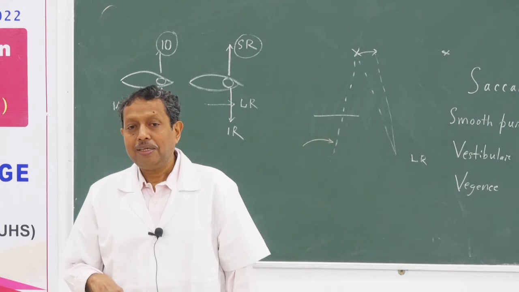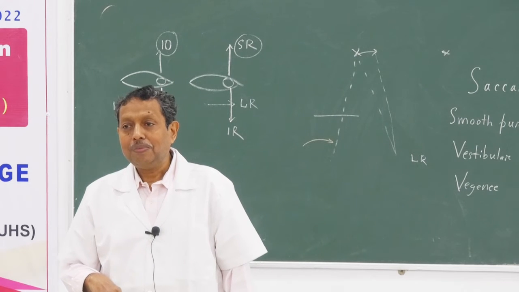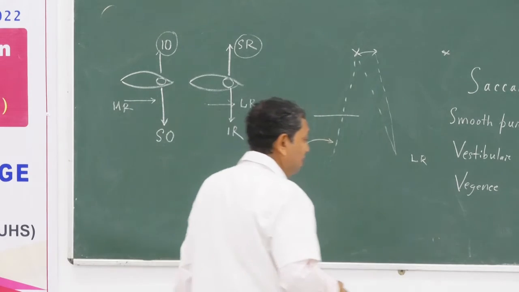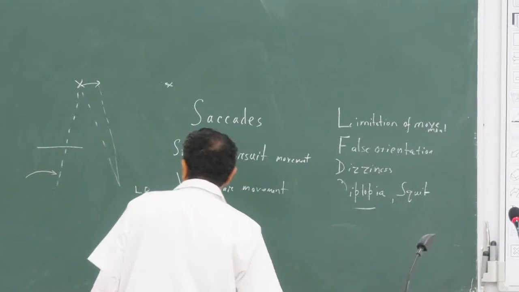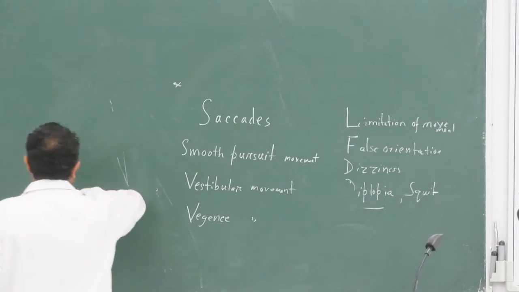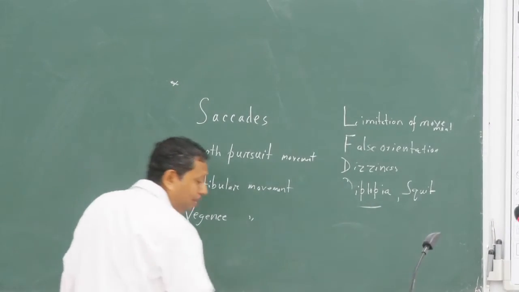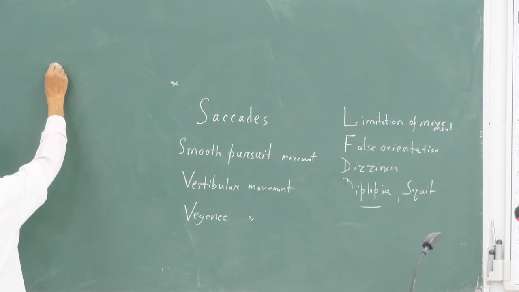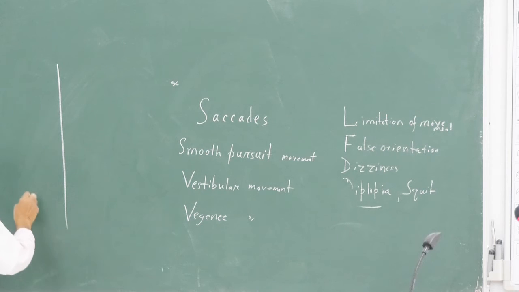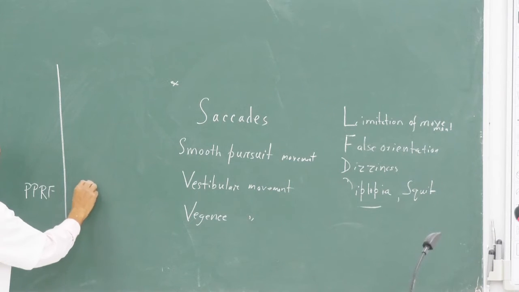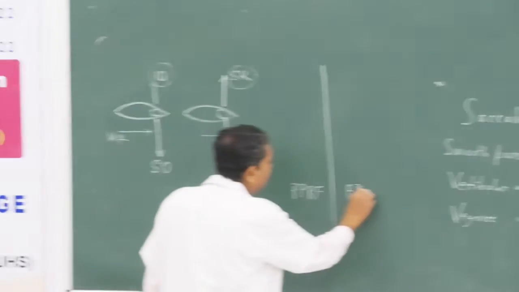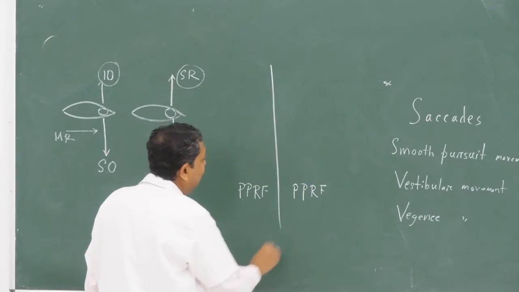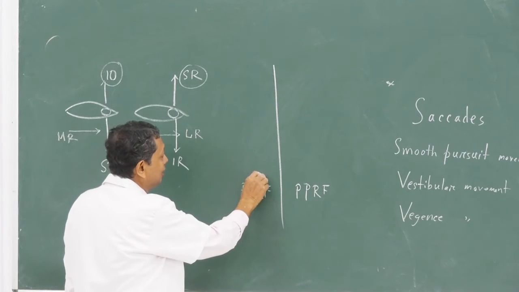Frontal eye field. Medial longitudinal fasciculus. That is the route of connection, whatever it may be. You see there is the paramedian pontine reticular formation, PPRF, paramedian pontine reticular formation near the sixth nerve nucleus,